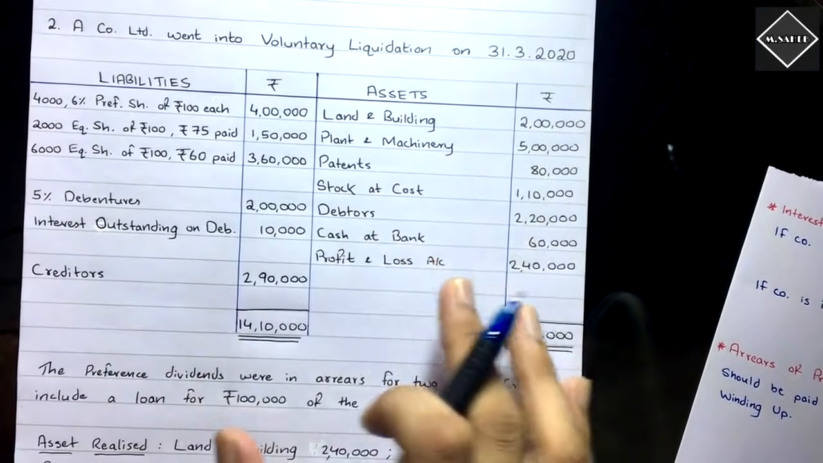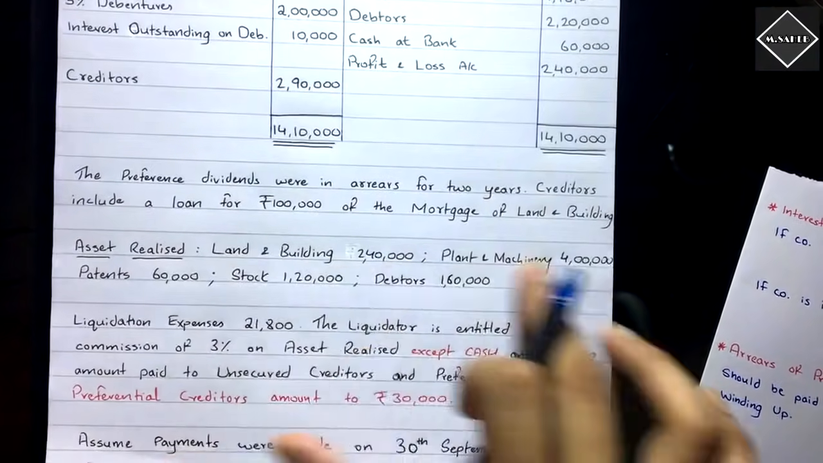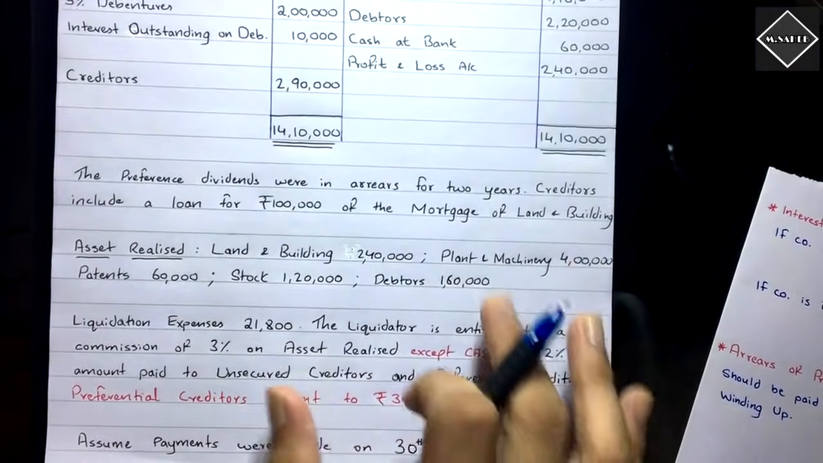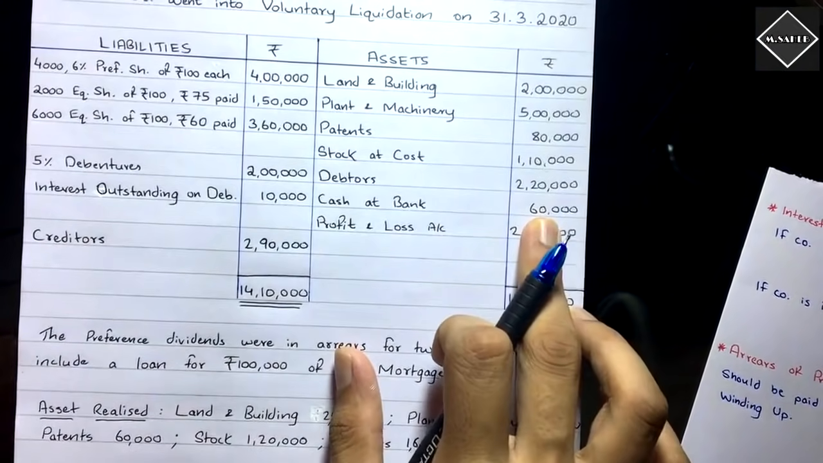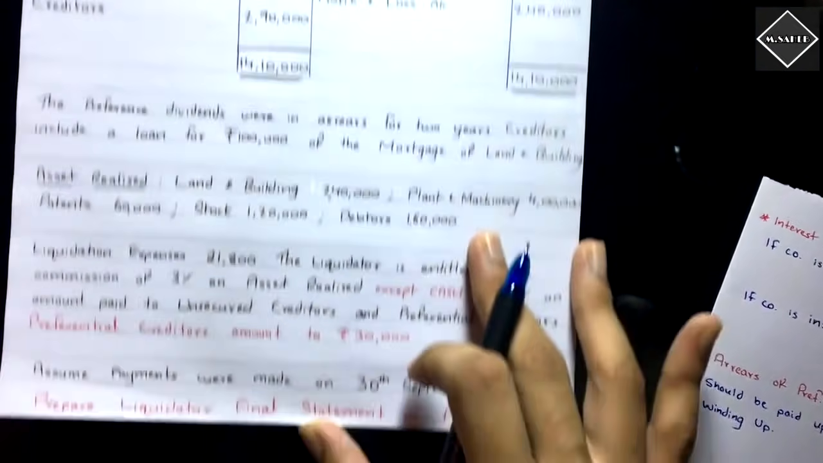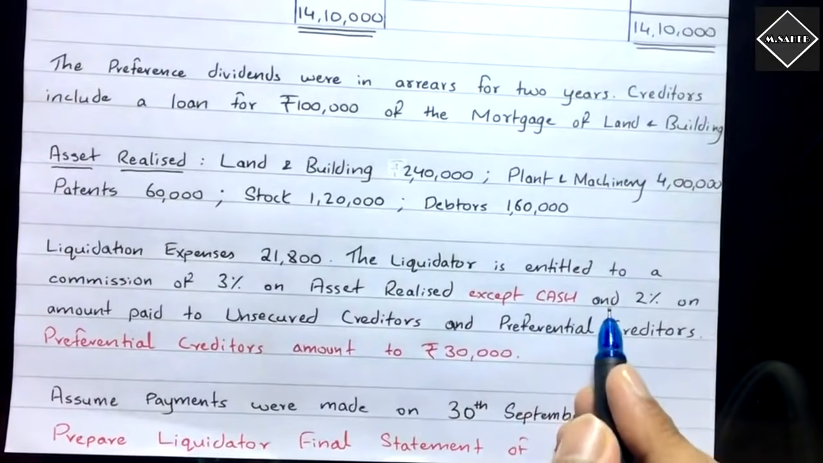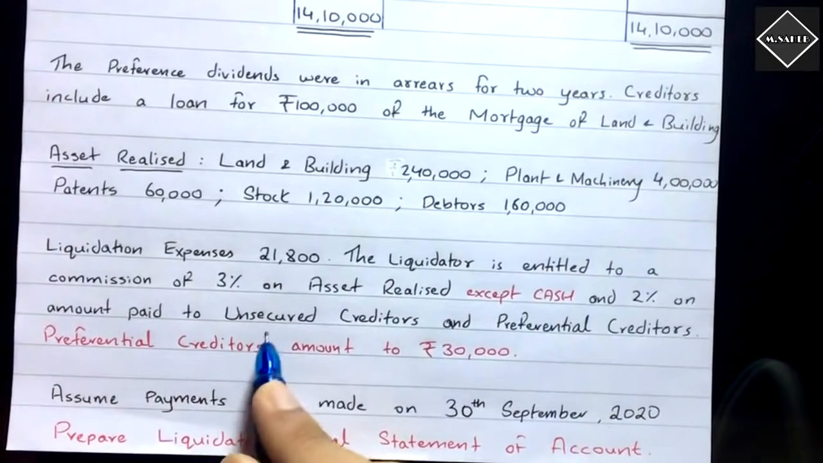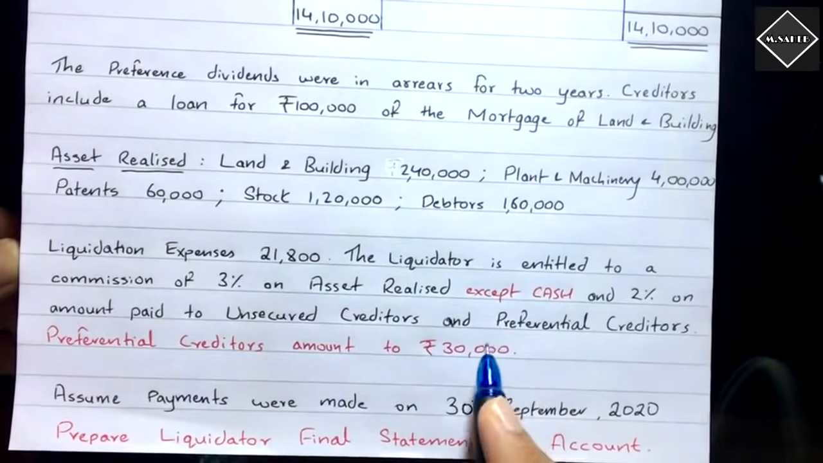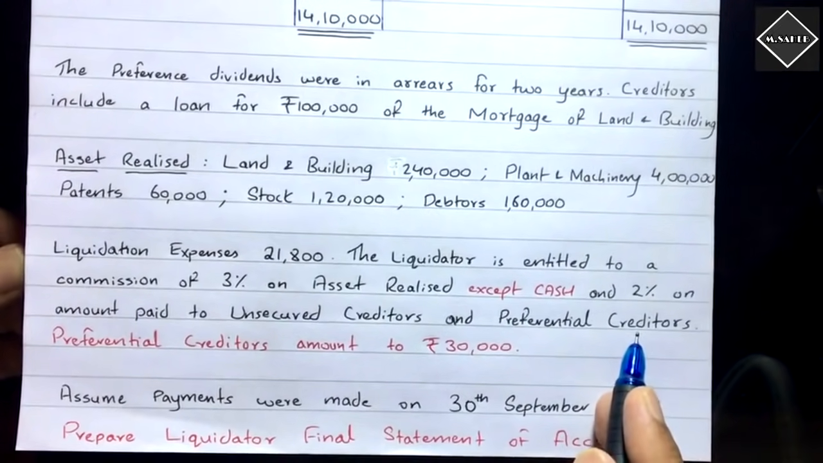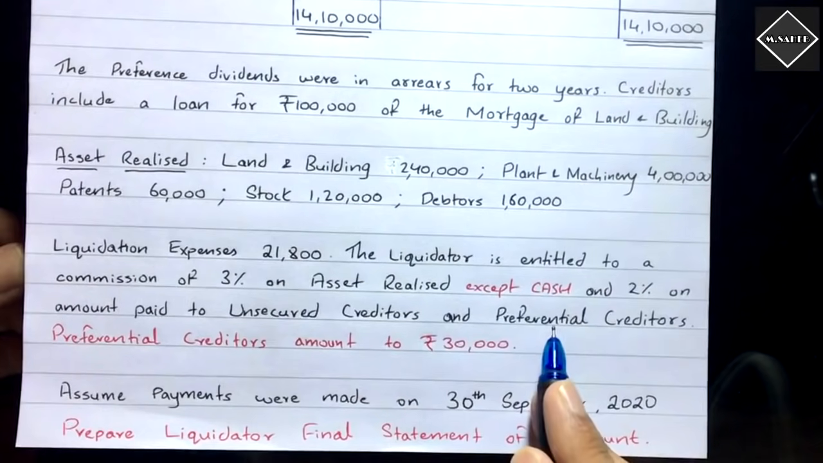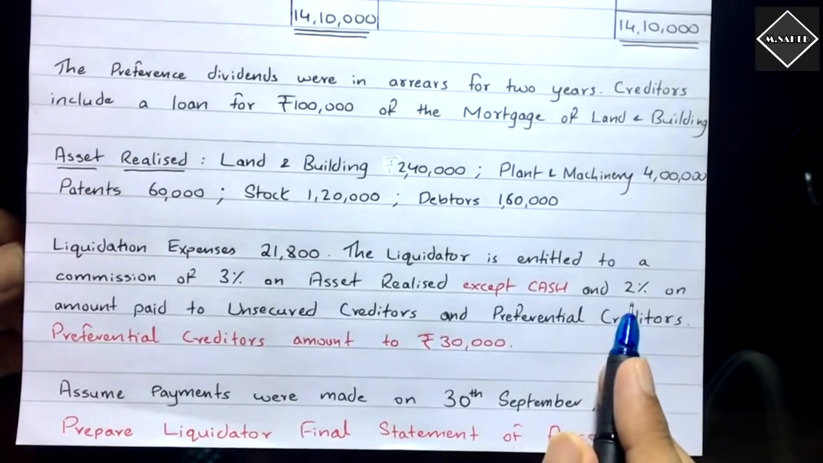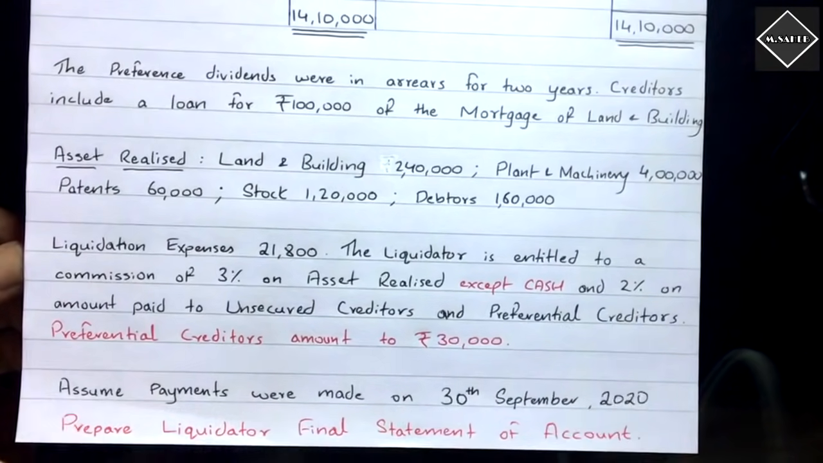These assets are sold at these values, and you don't have to include cash in that. Don't include cash in there. That is what is meant by except cash. And 2% on the amount paid to unsecured creditors and preferential creditors. So whatever you will pay to unsecured and preferential creditors, on that also you have to pay 2% remuneration to